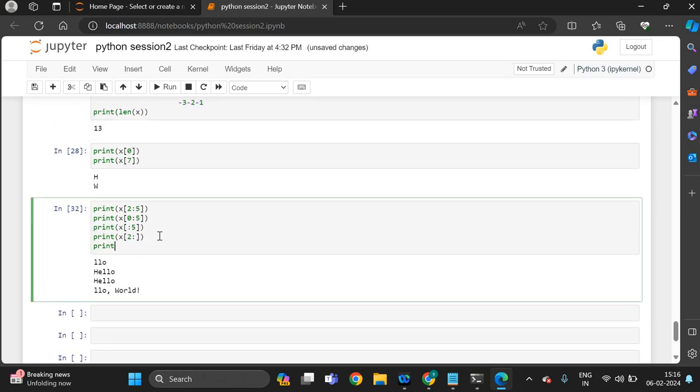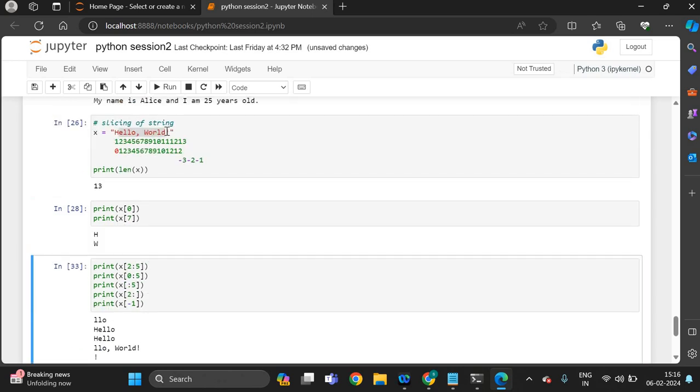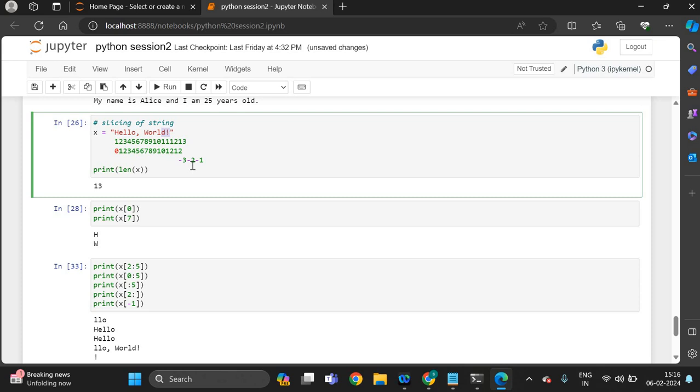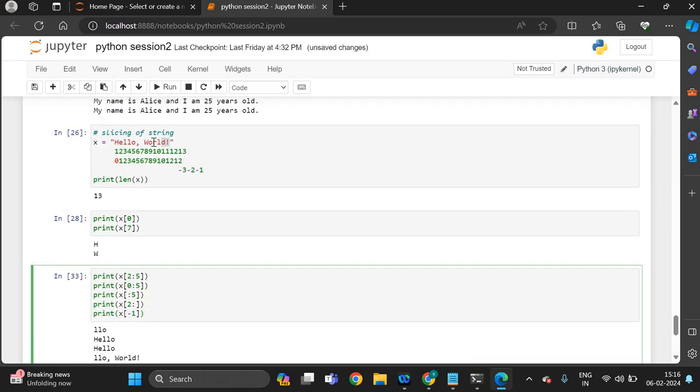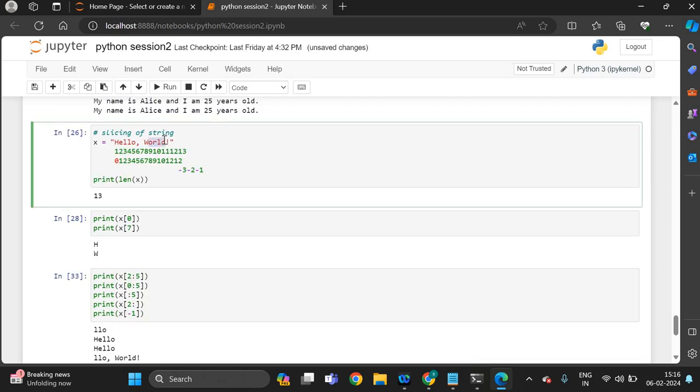Suppose I just want to print x of -1. So it is taking O first, because the last character is -1. If I want to print O or L, this one O or L, because this will be -1, this will be -2. Which one? O first we will take -1, L will take -2. So if I just want to take O or L, I want to give